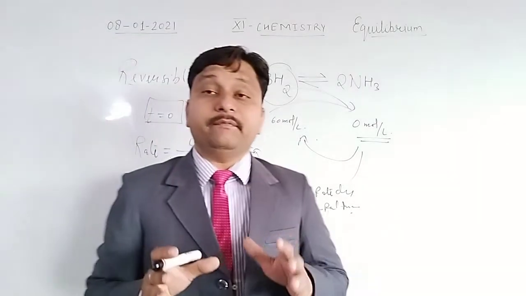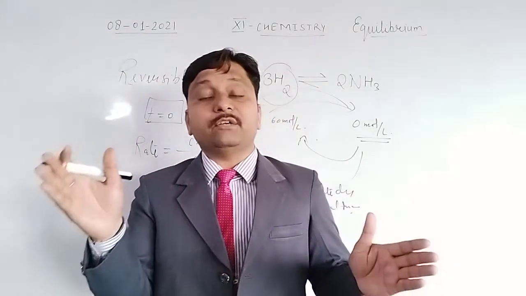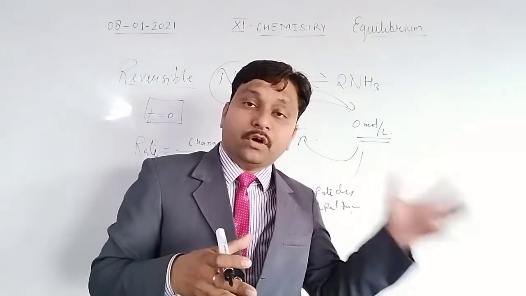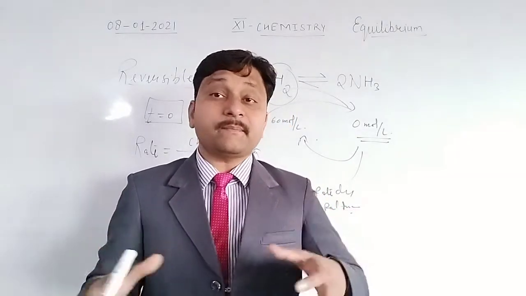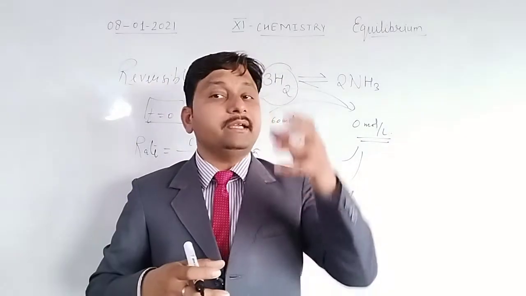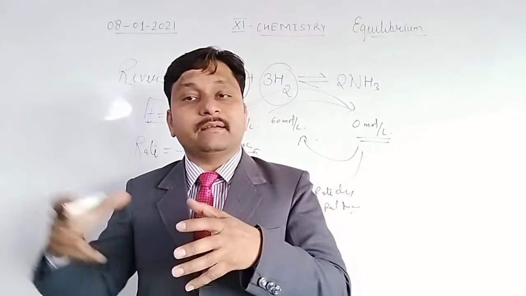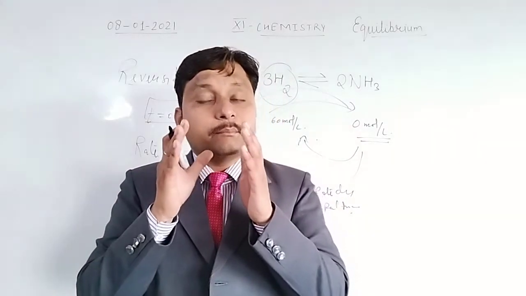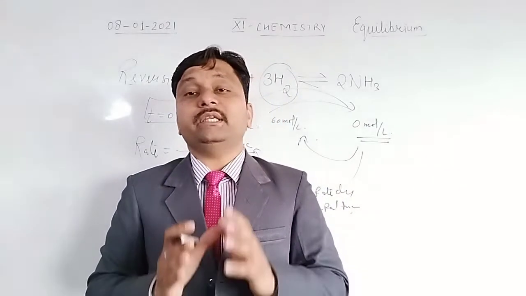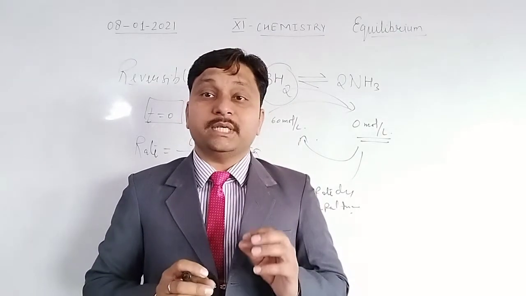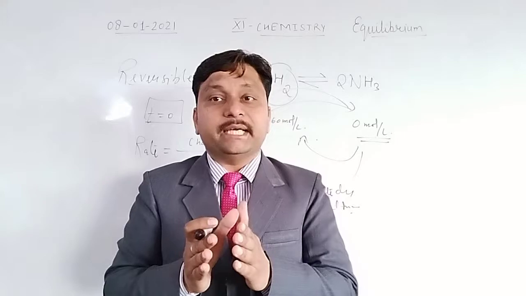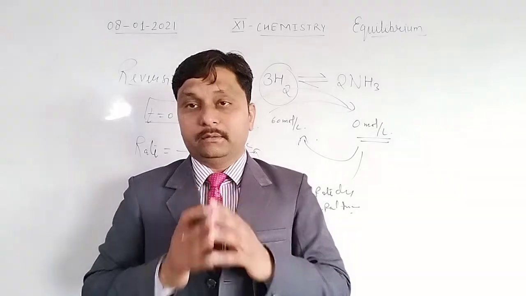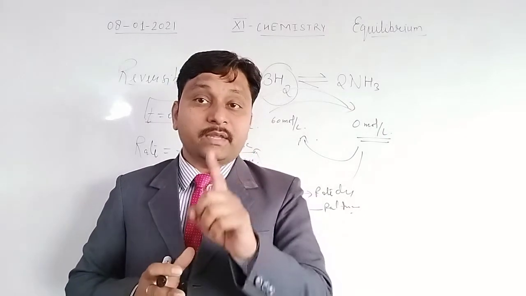But at the time when the rate of the forward reaction and the rate of the backward reaction will be equal, sometime or other this will happen, right? The rate of forward reaction and the rate of backward reaction will become equal, because the rate of one is increasing and the rate of the other is decreasing. So at the time when the rate of the forward reaction will be equal to the rate of the backward reaction, that particular time for the reaction is known as equilibrium time. That is known as equilibrium time. Means at the equilibrium time, the rate of the forward reaction and the rate of backward reaction both will be equal. That is the first point. That is the first characteristic of equilibrium.